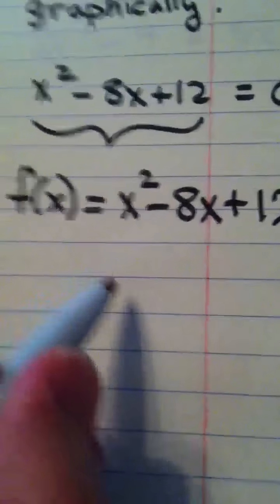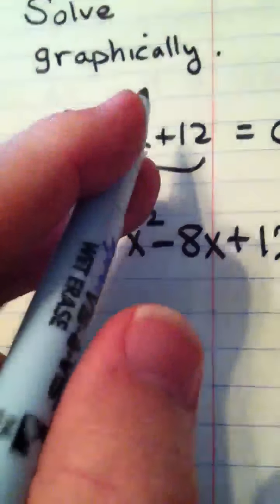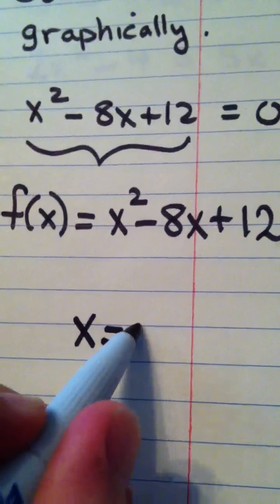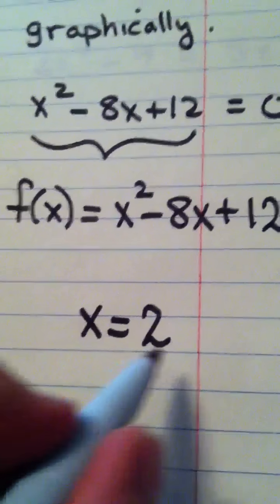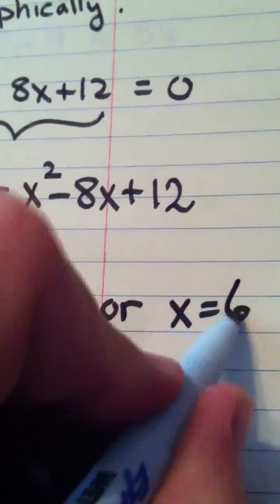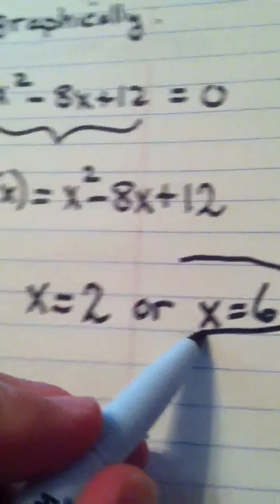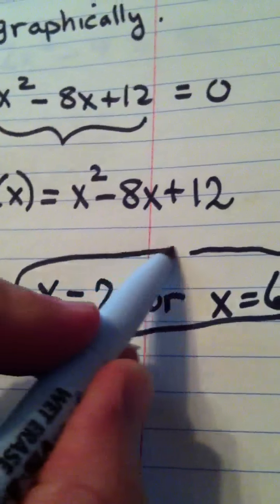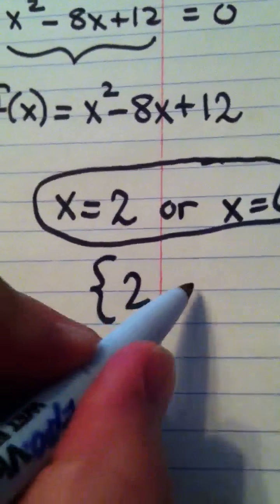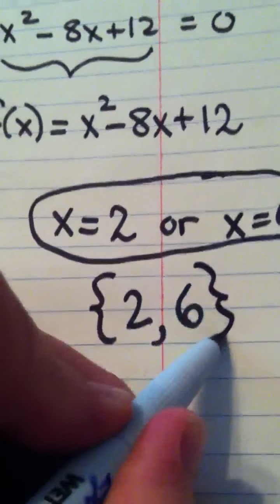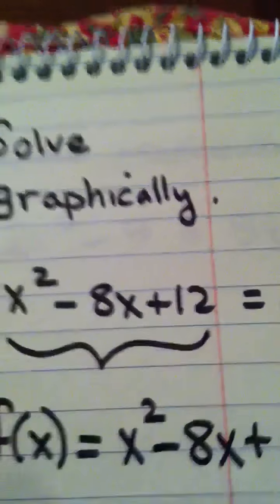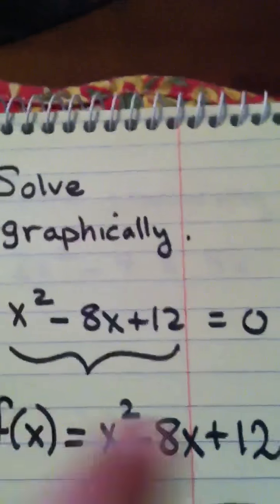So, my solution set to the original equation, or my solutions, are x equals 2, x equals 6. In set form, it would just be the set containing 2 and 6. So basically, when someone asks you to solve an equation graphically, what you're doing is you're